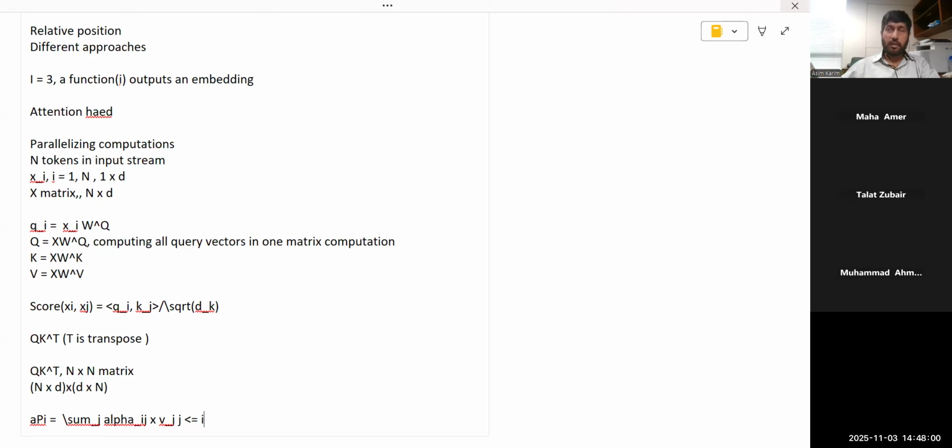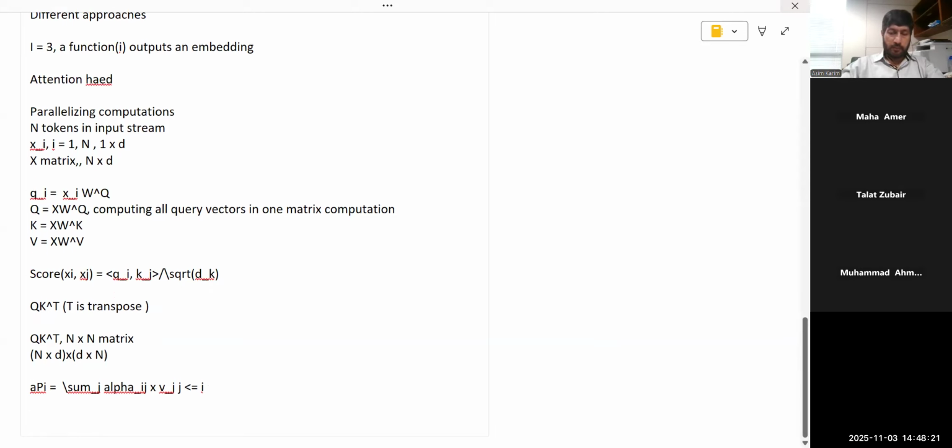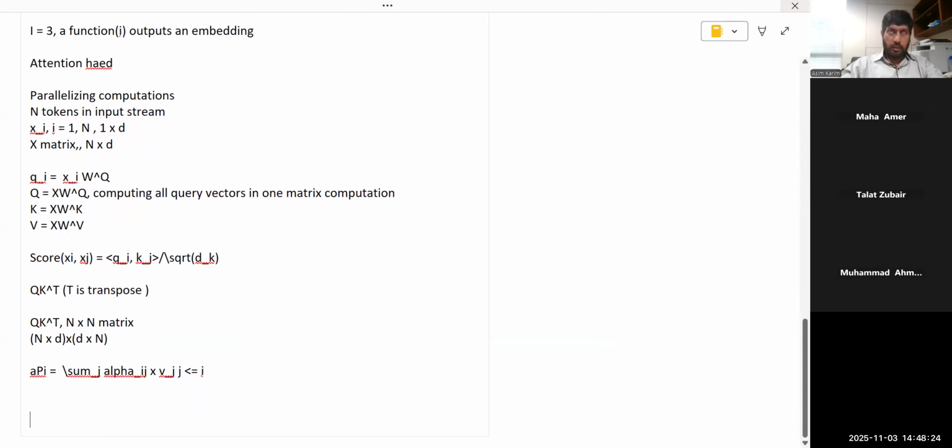So वो हमको नहीं चाहिए, we want to mask that. तो मास्क के लिए, since बाद में आप scores निकालते हैं, बाद में हम softmax लगाते हैं, तो उसके लिए हम in the matrix we say that we'll give them a very large negative value so that जब softmax निकालेंगे वो सारे जीरो हो जाएंगे।